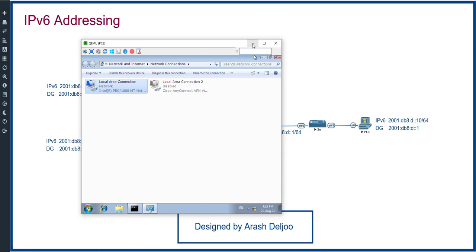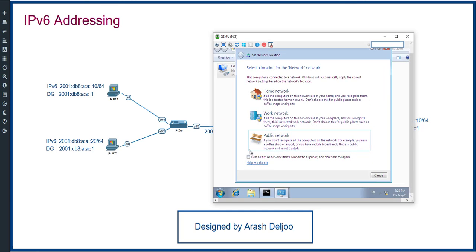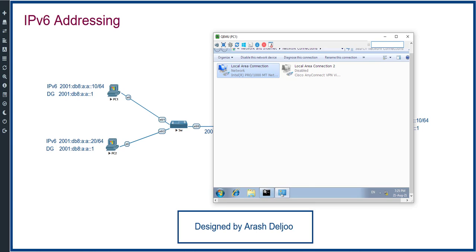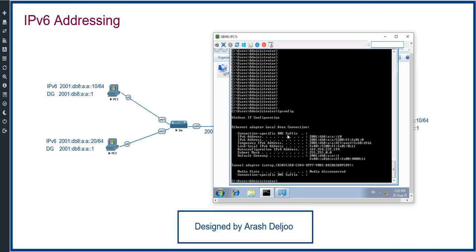Now, first, let me show you the addressing of the PC1 and PC2 with this similar command that we saw in the IPv4. The command is ipconfig and also ipconfig /all. Look at here, ipconfig can show us the IPv6 address of the PC1. Look at this is the IPv6 address of this PC1, and also here we can see the, for example